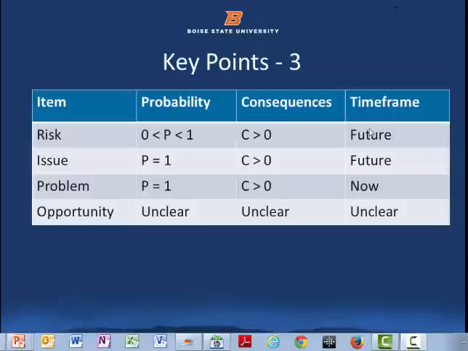We also talk about issues. Well, an issue is something that is going to happen. The probability is there, there is a consequence, but it's in the future. An example could be, as we start our project, we know in 3 months, the critical person we have on the team is leaving, going to a new position. The project lasts for 6 months. We don't have a problem today, but we do in the future, and that's why it's an issue.